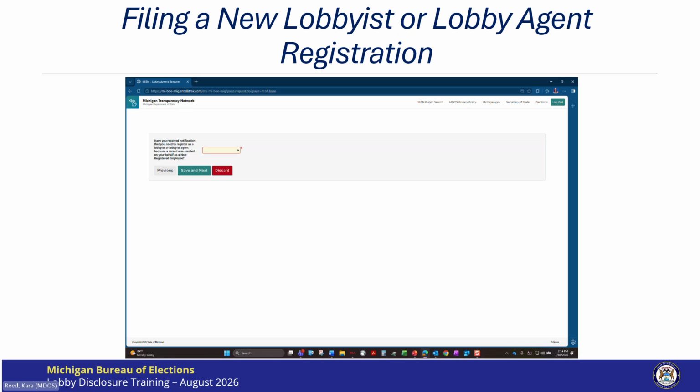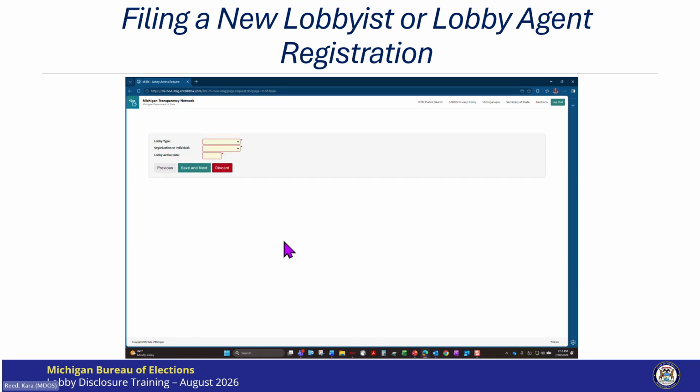If you are an NRE, you'll receive an email letting you know you have been added to MiTN as an employee and need to register if you meet the definition of a lobbyist or agent. I am going to say no. I have not been informed that I am a non-registered employee, but I really wanted to make sure I explained the functionality that MiTN has. So I will select no and click Save and Next.